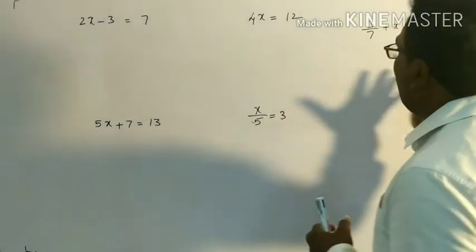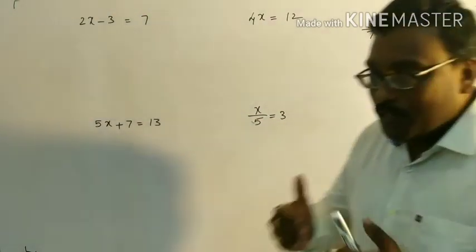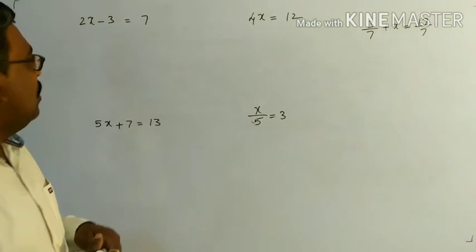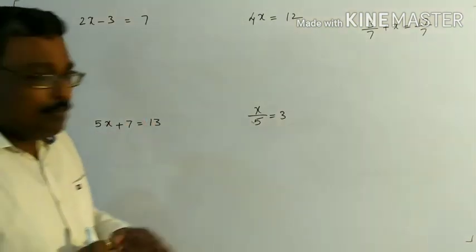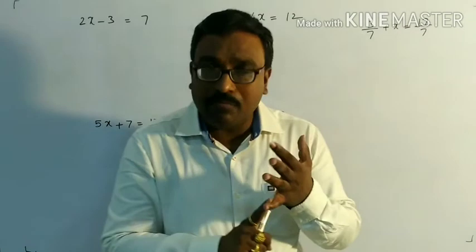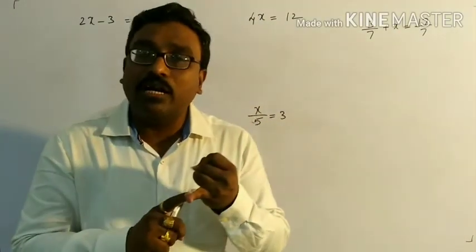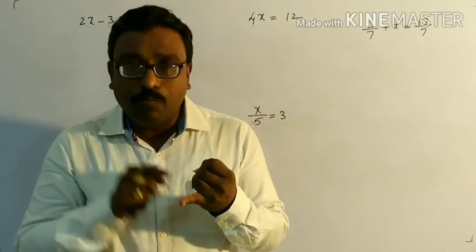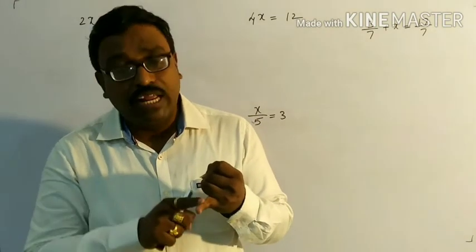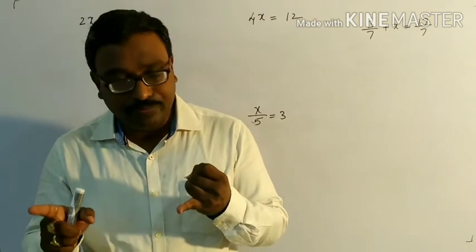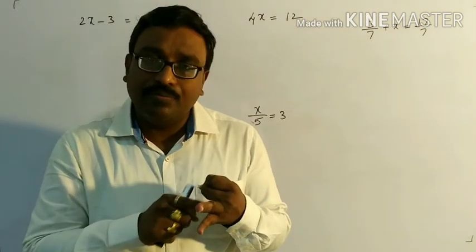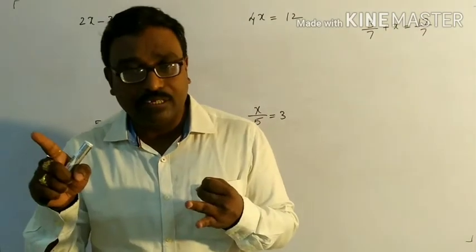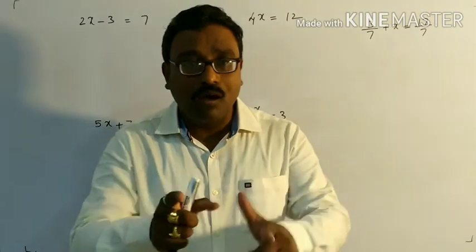Different equations are given on the board. All the fundamental operations are given. Now we'll solve these. Before going to solve, what should we keep in mind? What is the rule? If a positive quantity is transferred from LHS to RHS or RHS to LHS, it becomes negative. If a negative quantity is transferred, it becomes positive. If multiplication is transferred, it becomes division. If division is transferred, it is multiplication. Keep that in mind. Now we are ready to solve.